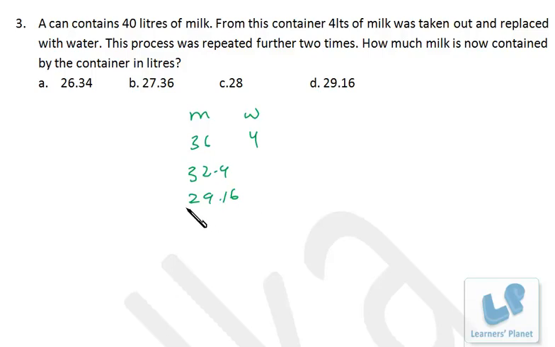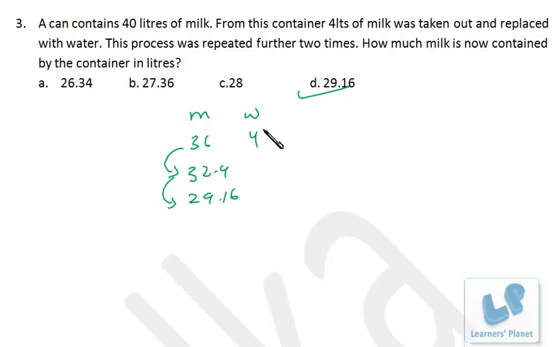In seconds you can do the sum. So no need to use any formula if not at all required. Okay. Let me make a quick recap. 40 liters of milk was there. In the first go, 4 liters was replaced. So from 40 to 36, we deducted 10%. Again, the same operation is being done. So further 10% is reduced and further 10% is reduced. So you keep on deducting 10%. In 2 steps, you'll be getting your answer, right?